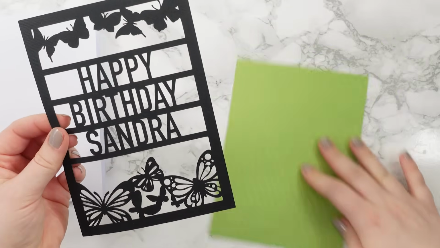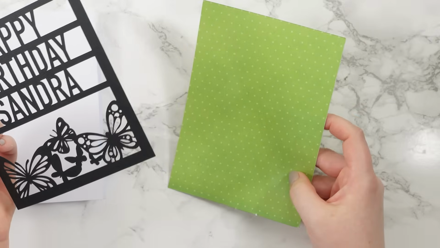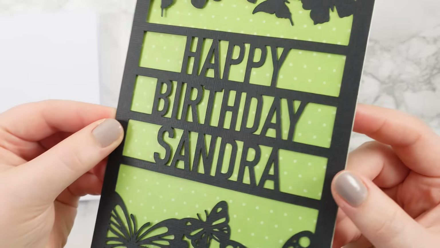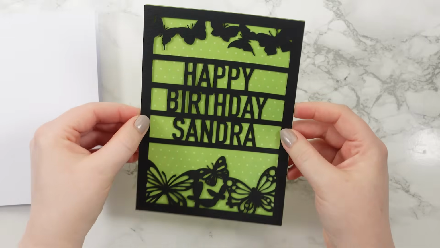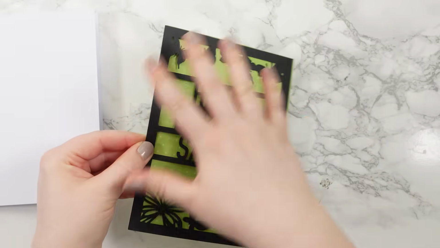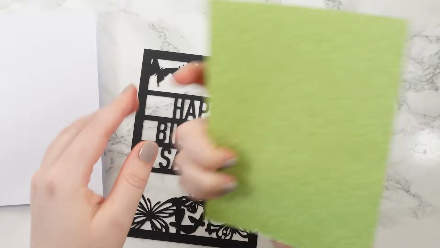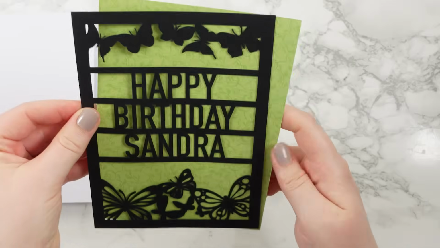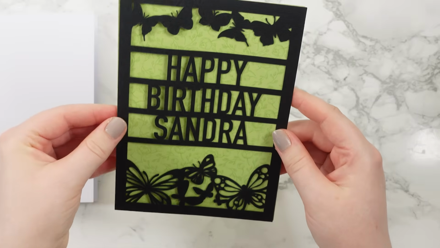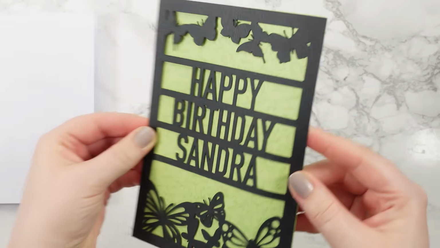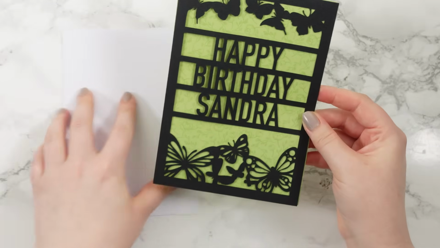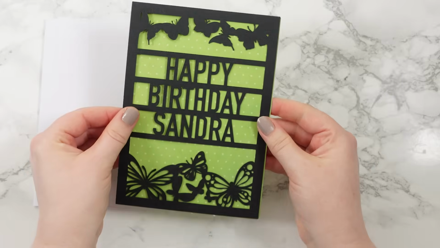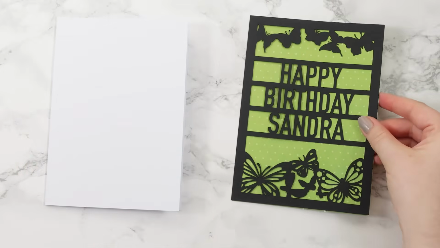And even patterned paper, although I would recommend sticking to quite a subtle pattern, such as these polka dots. See, there's just a few little dots on there. It adds a bit of visual interest without detracting from the rest of the design. Or on the other side of this, it's got a kind of vine flower pattern, which also looks really nice for this particular design. So I think I'm going to go for the polka dots out of all of those.